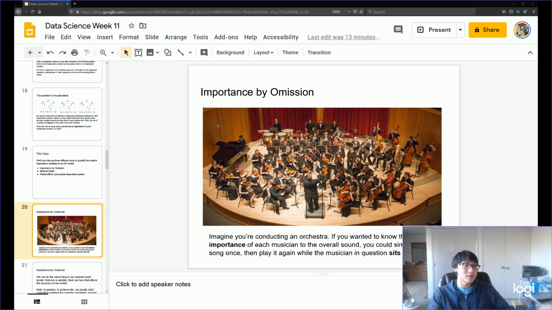If you want a metaphor, picture that you're conducting an orchestra. Now there are many musicians that make up an orchestra, right? But suppose you're interested in measuring the importance of a specific musician. One way to do that would simply be to have the orchestra play a song, and then play that song a second time and tell whatever musician you're interested in to simply sit out for that song, right? If you were to do this with, let's say, a second violin in the orchestra,